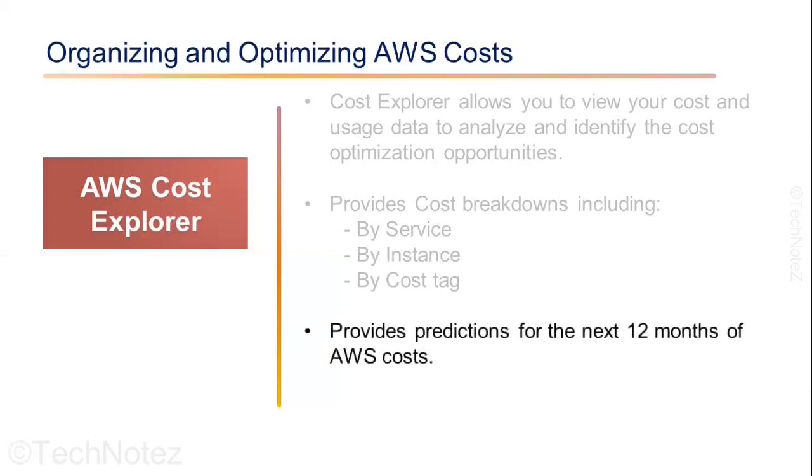Cost Explorer can be used for budgeting and cost forecasting for the next 12 months. It also allows you to set budgets, forecast the future cost, and see the past cost with the ability to see by time, by service, by resources. You can also use Cost Explorer to create custom reports that can be used to share your cost and usage data with other members of your organization. AWS Cost Explorer is free to use for all AWS customers and you can access it through the AWS Management Console.